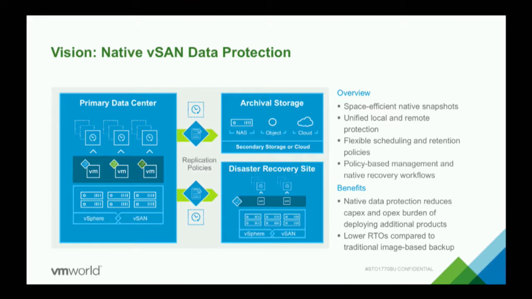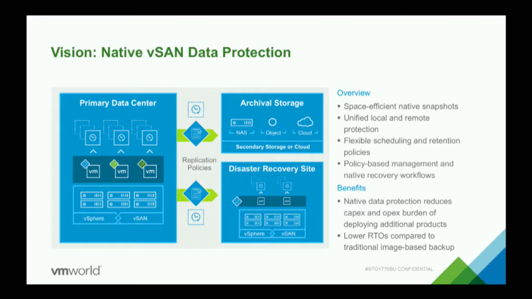And with the same policy-based framework, you can also specify archival and replication parameters. So you can say, these sets of VMs are really important. I do want to replicate them to my DR site, as well as taking local snapshots. So you can say, it takes snapshots every 30 minutes, and let's say once in 4 hours, replicate them to a DR site. I'm just using these as examples. I'll tell you in a little while what is the exact RPO that we're going to be supporting. So with one consolidated solution that is based on snapshots, you can have this local protection as well